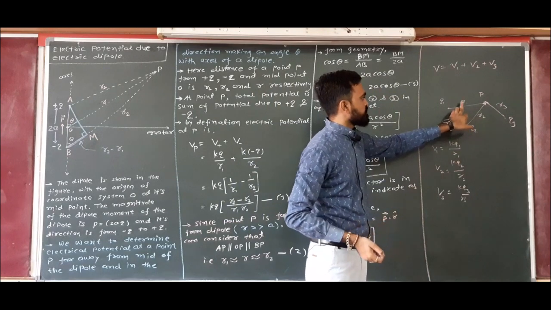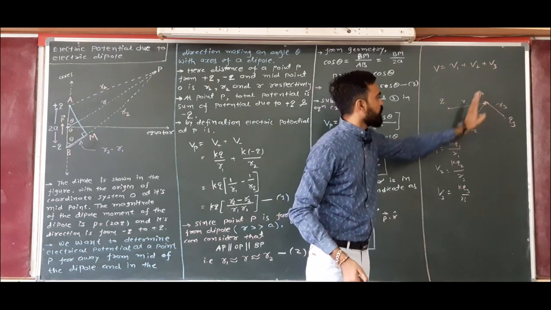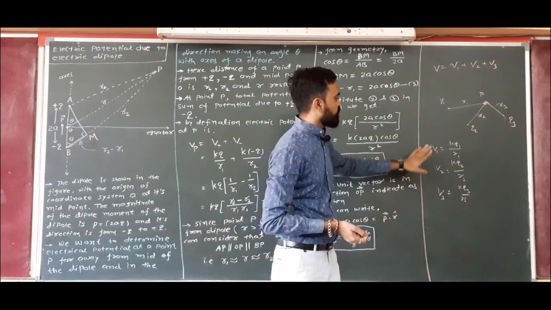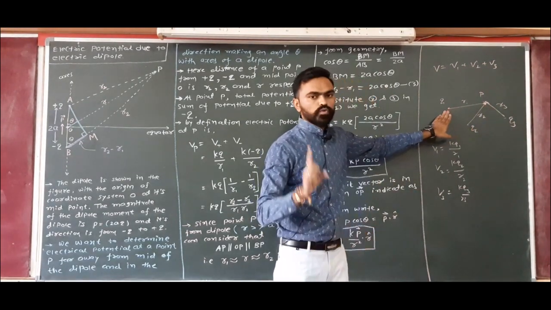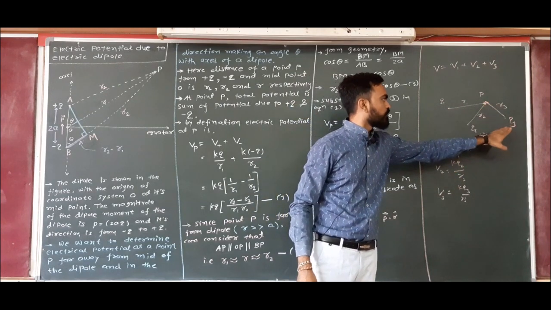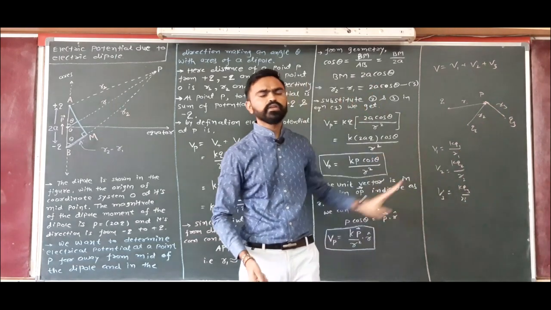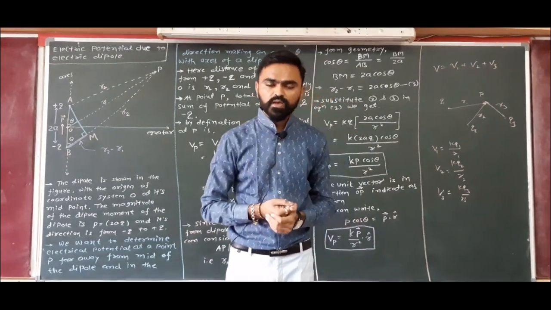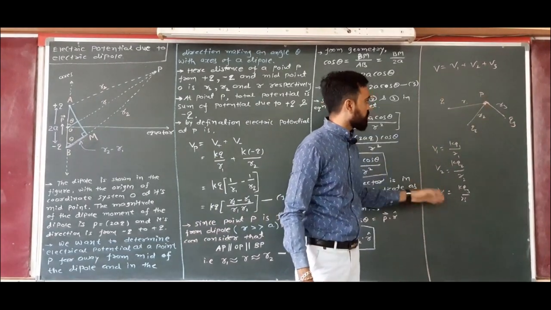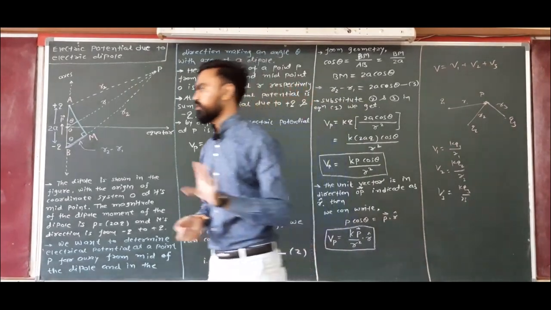Let the distances be R1, R2, and R3 from Q1 to P, Q2 to P, and Q3 to P respectively. Now, potential at a point P due to Q1 is Q1 upon R1 by definition, and therefore Q2 and Q3 give Q2 upon R2 and Q3 upon R3 respectively. So these are the three individual potentials we have to find first, and then to find the total potential at this site, we add all three: V1 plus V2 plus V3. You get my point, right? Now, which case do we have?